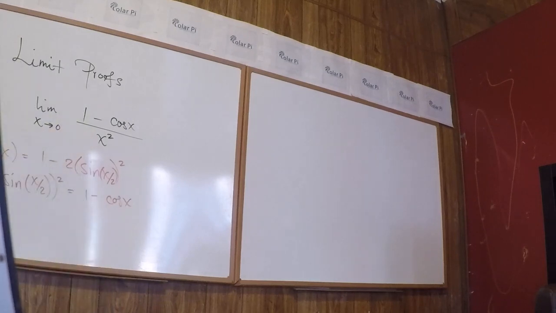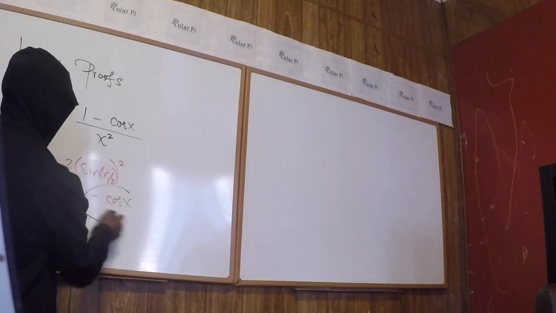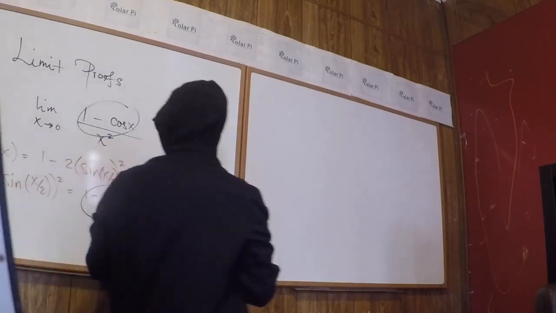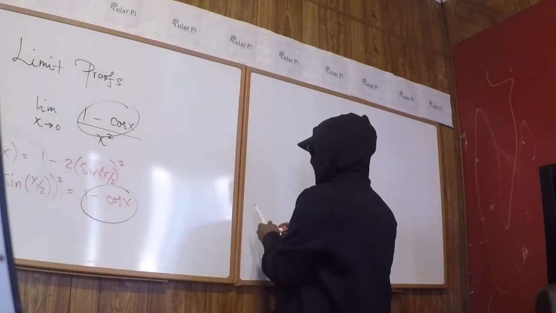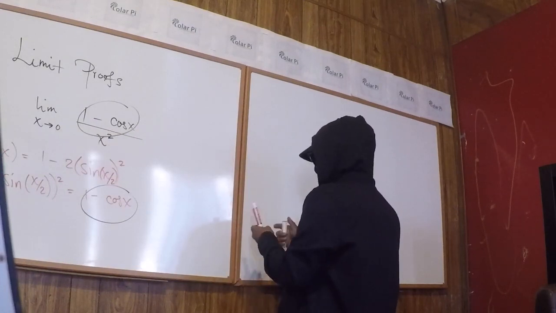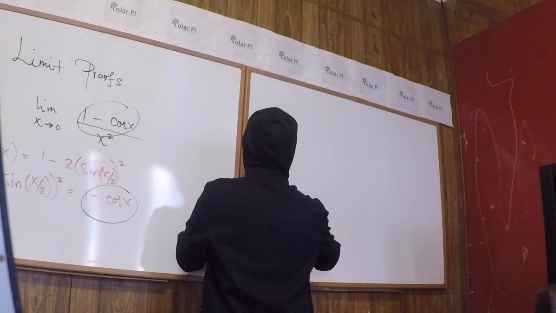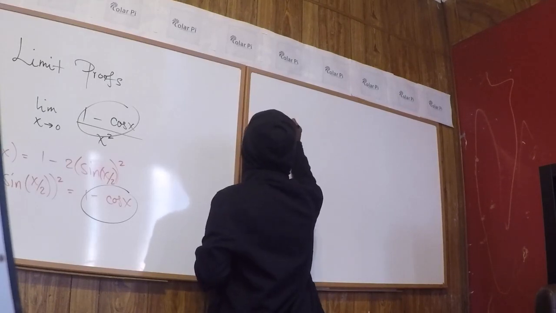Now check this out, y'all. Why did I care to do all this? Because that numerator, 1 minus cos x, we can replace with this left-hand side. So that means our limit question is the same as the limit as x goes to 0